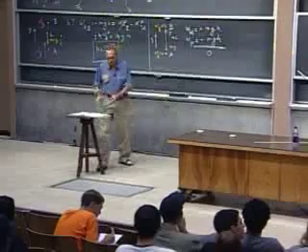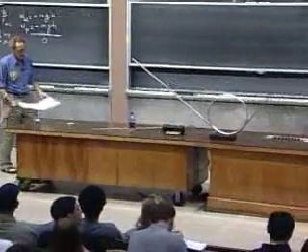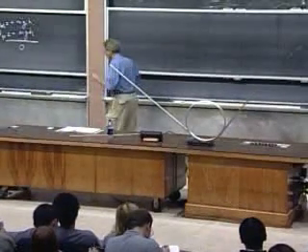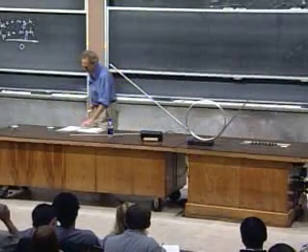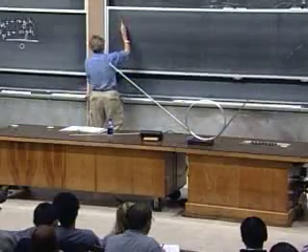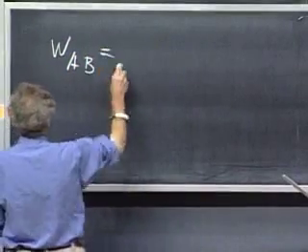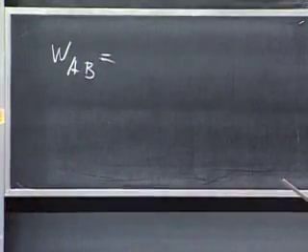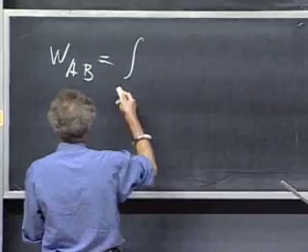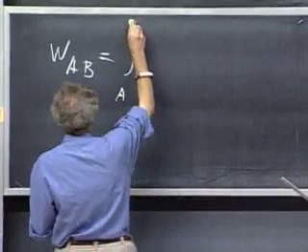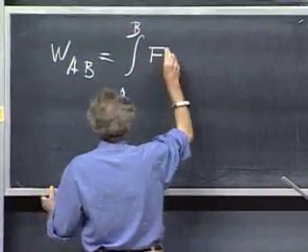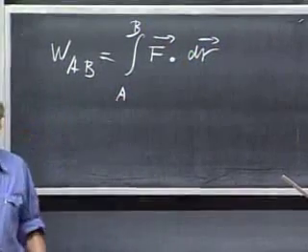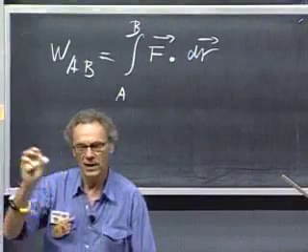Now let's go from 1 dimension to 3 dimensions. It is not very much difference, as you will see. I go in 3 dimensions from point A to point B, and I now have a force which could be pointing not just along the x direction, but in general in all directions. Now the work that the force is doing in going from A to B is F dot dr. R is the position in 3-dimensional space where the force is at that moment, and dr is a small